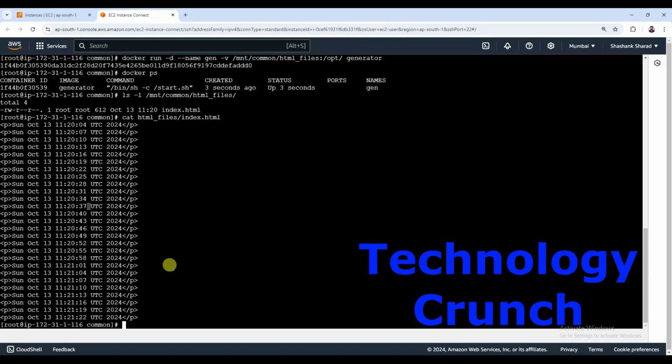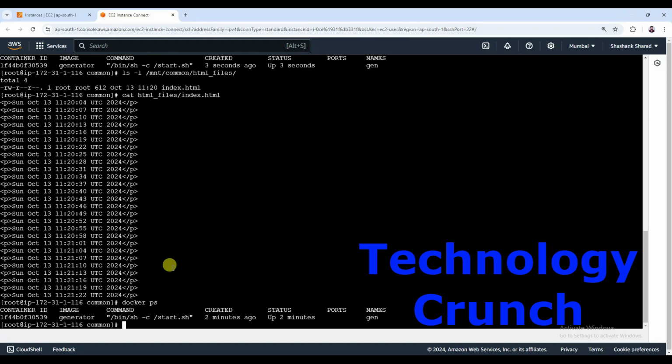Now I'm going to create another container and share the same volume, which is mnt common html_files, with that container. Let me show you the existing container. So only one container is running. Let me try to start one more container with docker run, then -d for detach mode, the name will be nginx. Then -v will bind the same volume, meaning mnt, there is a common